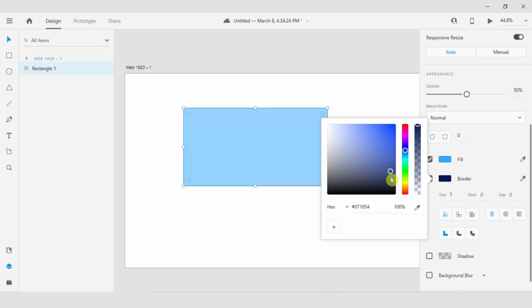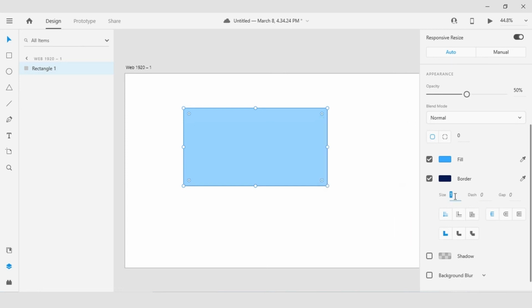I will come in and in the size area I will select that, and using the arrow keys I'm just going to bring up the stroke on that object. That's looking fuzzy to me. So let's go ahead and bring opacity up to 80%. Still a little fuzzy looking, but we'll go with it, alright.